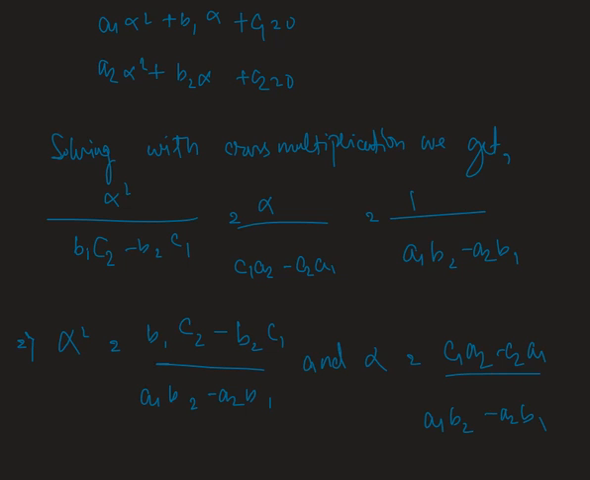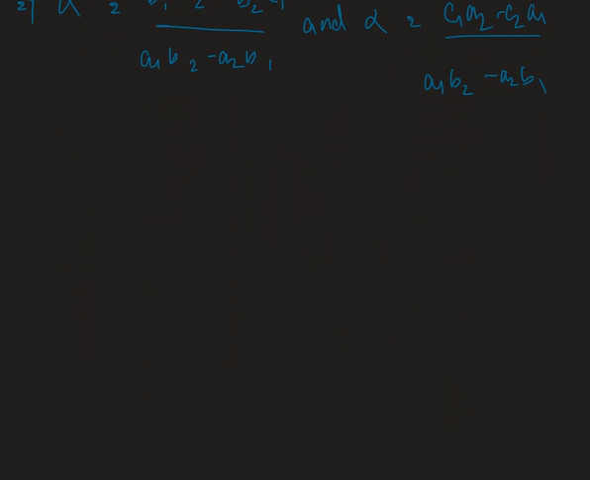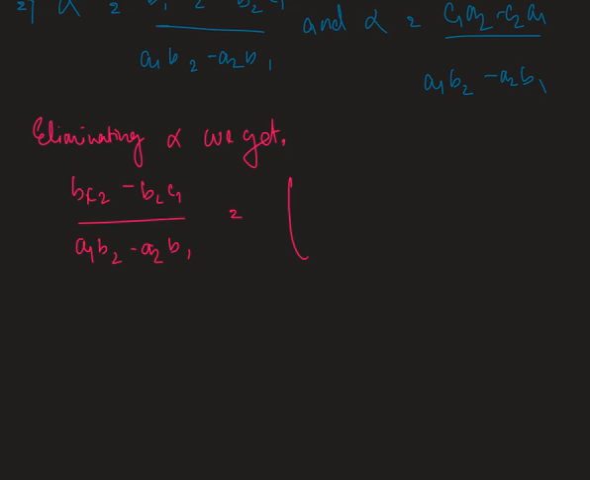Okay, now eliminating alpha we get b1 c2 minus b2 c1 divided by a1 b2 minus a2 b1 is equals to c1 a2 minus c2 a1 divided by a1 b2 minus a2 b1 whole square. Okay,